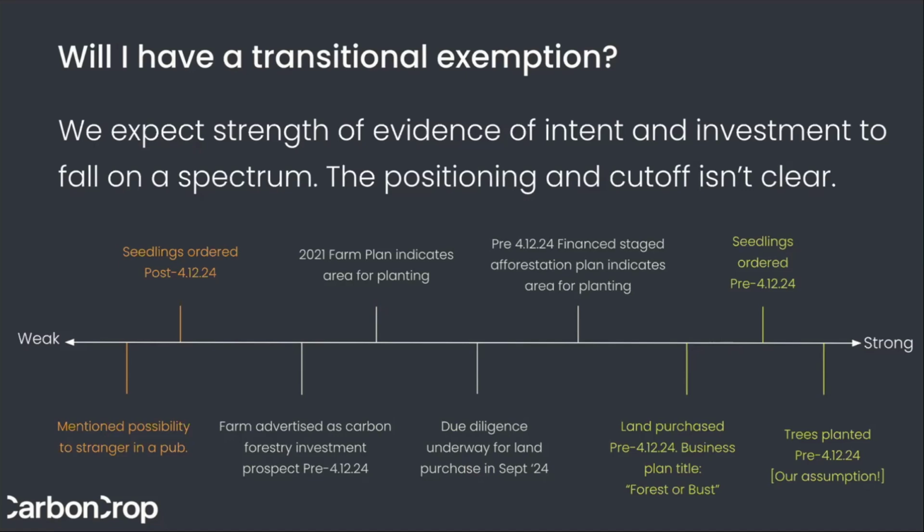We are hoping to see some more guidance ahead of legislation of where that cutoff might be, because it has obvious implications for afforestation, not only this year, but also next year. Because even though next year is post legislation, nurseries and planting crews and other actors within the ecosystem kind of need to know before October what their likely opportunity is going to be and where the demand is going to be. So it's something where guidance would help a lot.